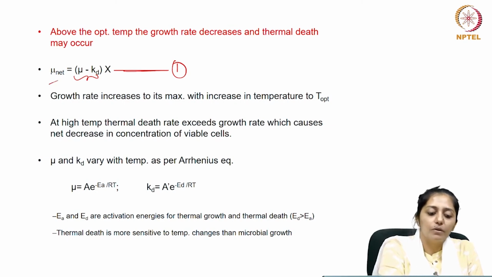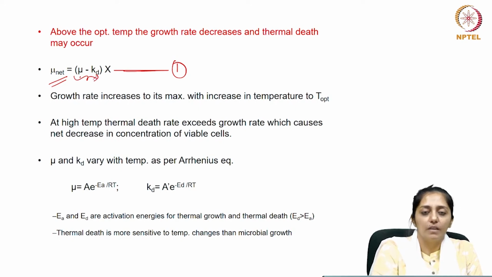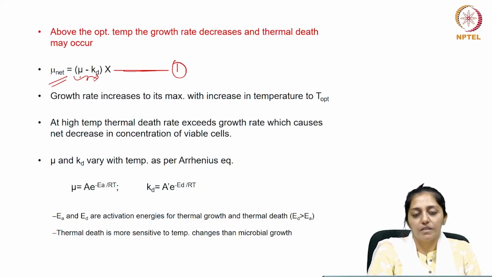So the net specific growth rate is given as the difference between the specific growth rate of the culture minus the specific death rate of the culture, which is termed here as Kd. Now, growth rate increases to its maximum with increase in temperature to T optimum. So, the plot may be more like a hill,